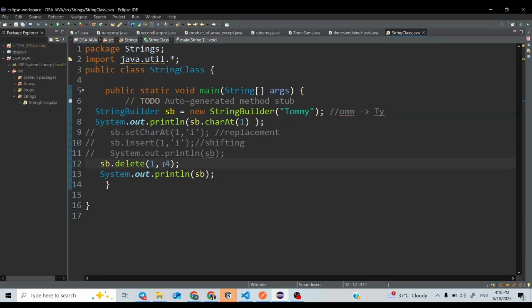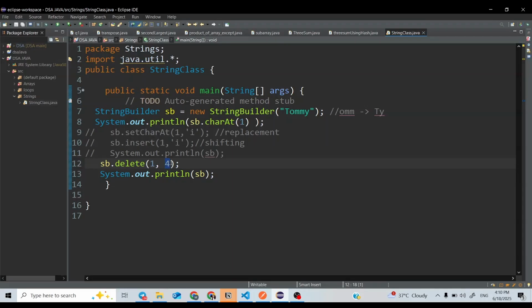The fourth index will not be included. So this is very important: first is the beginning index from where you want to start deleting, and this is the last index where you want to stop deleting. This is exclusive. The character at fourth index will not be deleted.